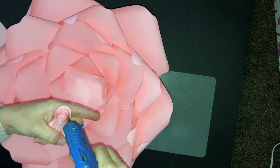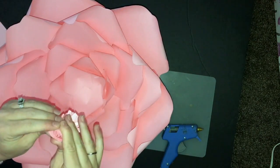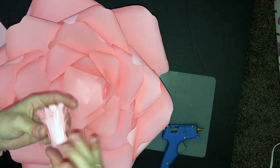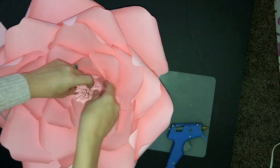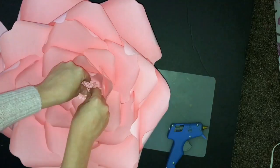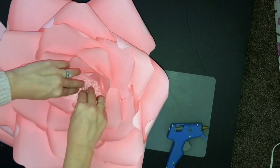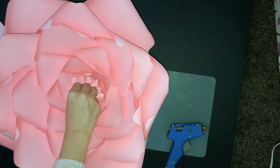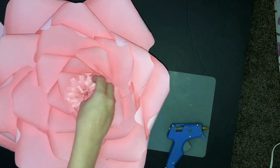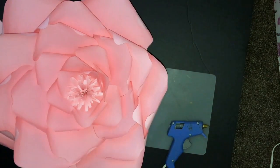You're going to glue the edges so it stays put, and then you're going to glue a ton in the middle, and then you're going to plop it right in the center. And I should have done this before, but you're just going to kind of scrunch it to make it fill that center. And there you go. That is our full